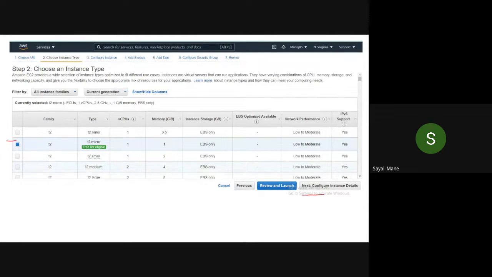Now here you need not take a screenshot, because I will share the screenshots on how to create the Ubuntu instance. After that, whenever you type any command, you have to take a screenshot of that command only. Okay, so right now, don't take any screenshot. Please click on this T2 and then next.